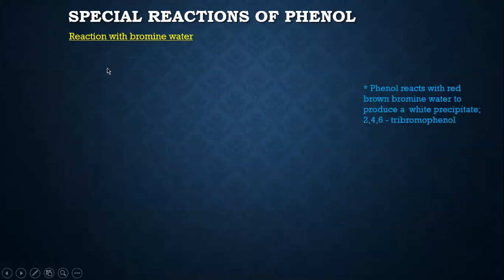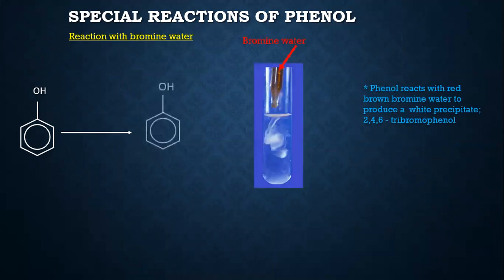The very first one is a reaction of phenol with bromine water. Phenol is able to react with red-brown bromine water to produce a white precipitate. How is that reaction happening? Here we have the phenol molecule. You are adding now red-brown bromine into this. When you add bromine water, you can see phenol has the second carbon, fourth carbon, and sixth carbon activated. So one bromine comes to the second carbon. One bromine comes to the fourth carbon. The third bromine comes to, again, we can call it